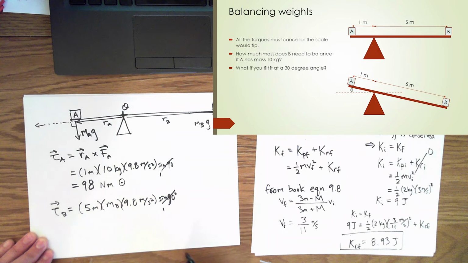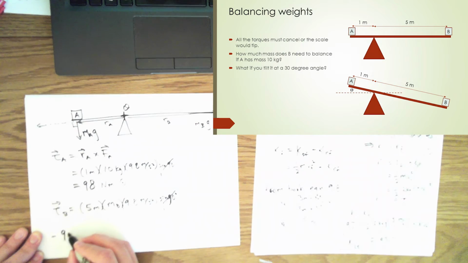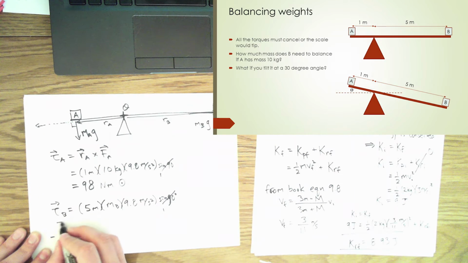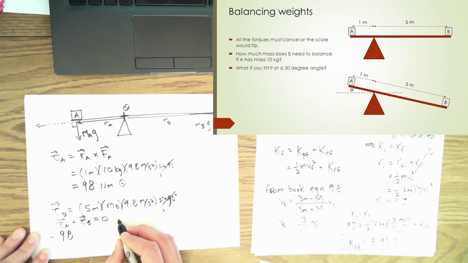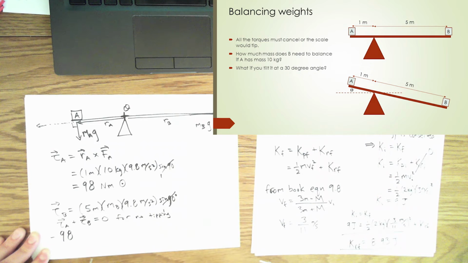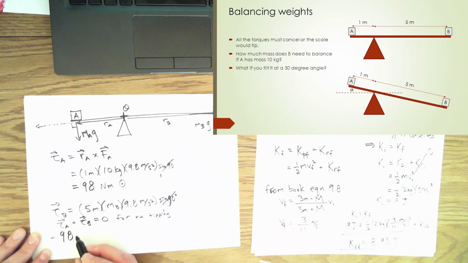So what we have then, since they're opposite in sign, we need to use a minus 98. Let's see, what am I doing here? I'm saying that tau A plus tau B has to be equal to 0 for no tipping. So the net torque has to be 0 in order for this thing not to tip. So I'm going to set the 98 equal to this thing, but there's a sign difference because the two torques are pointing in opposite directions. So minus 98 has to be equal to, well,